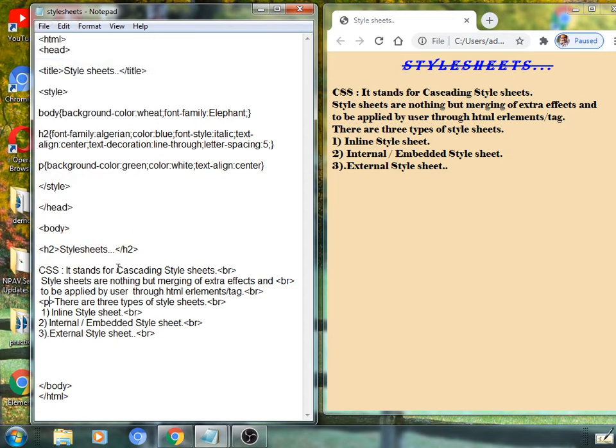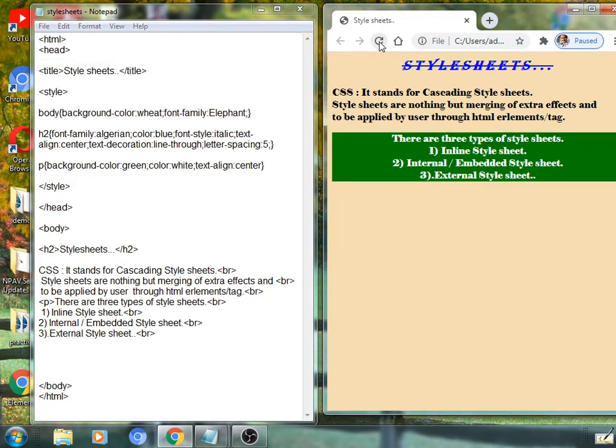from this line. That is, there are 3 types of style sheets. See here, there are 3 types of style sheets: inline style sheet, internal or embedded style sheet, and external style sheet. It's a different effect we have applied here with the background color as green. See here, background color is green, text color is white. This one is white for text, and its alignment is at center.